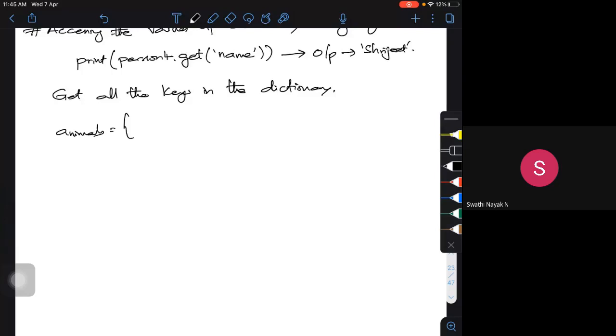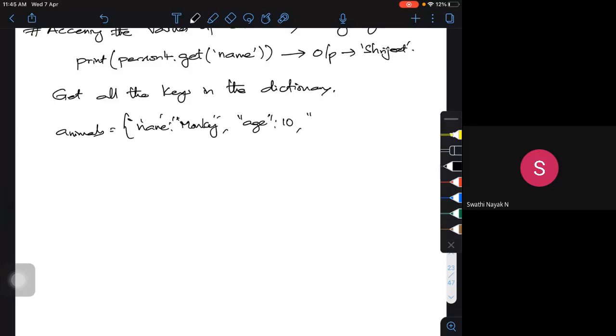Its name maybe a monkey, then its age, maybe 10 years.